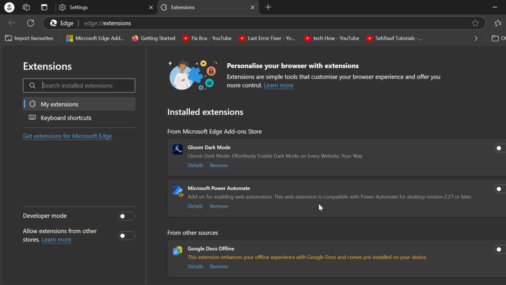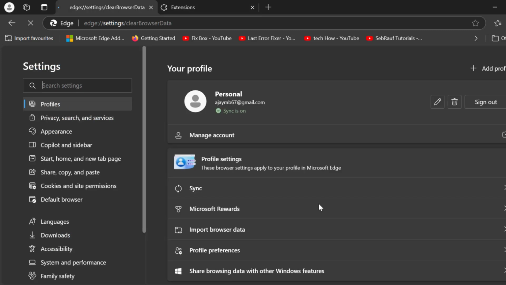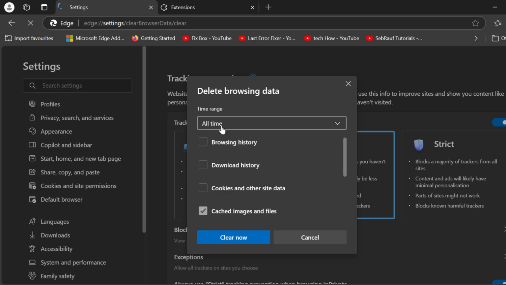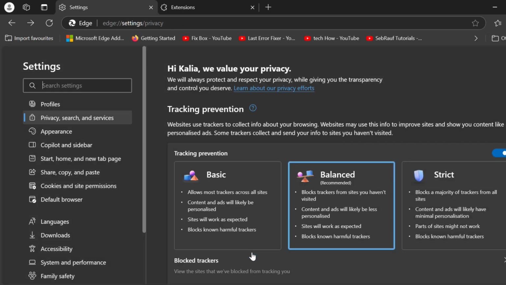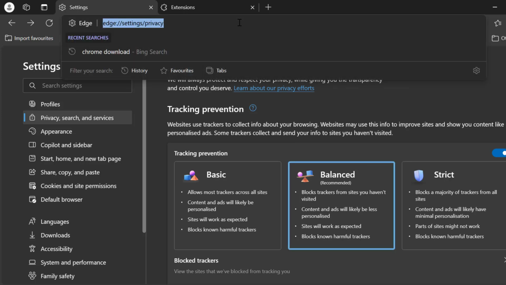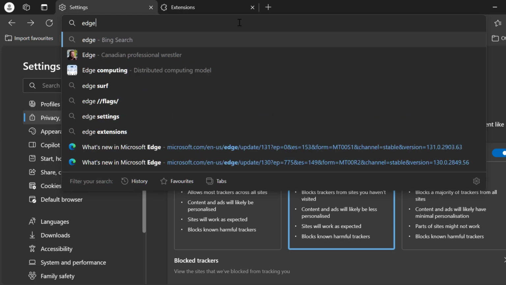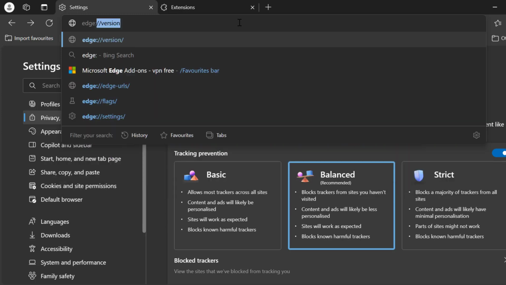After disabling all extensions, you just need to press on the keyboard Control Shift plus the Delete key, and you just need to check mark cached images and files, and check mark cookies and other site data, and select the clear now option. After getting that done, fourth step, you just need to go to the search menu and type edge colon double slash